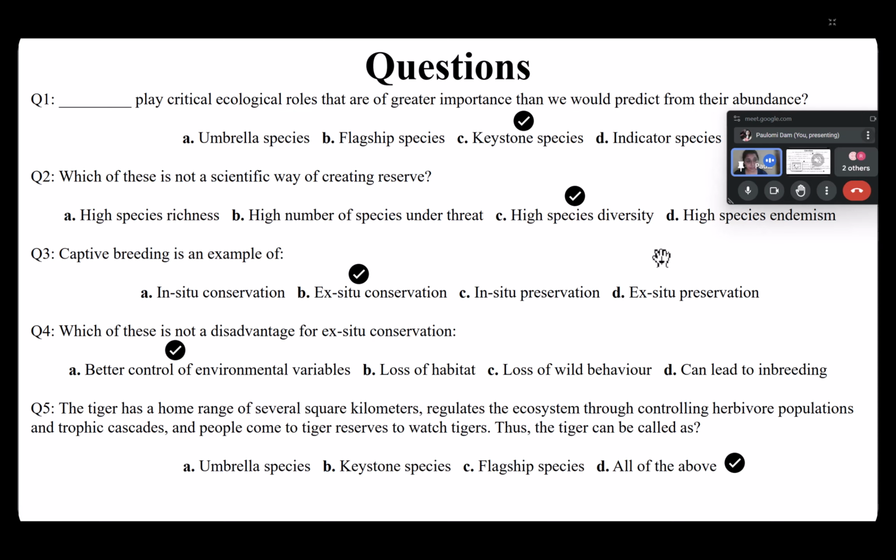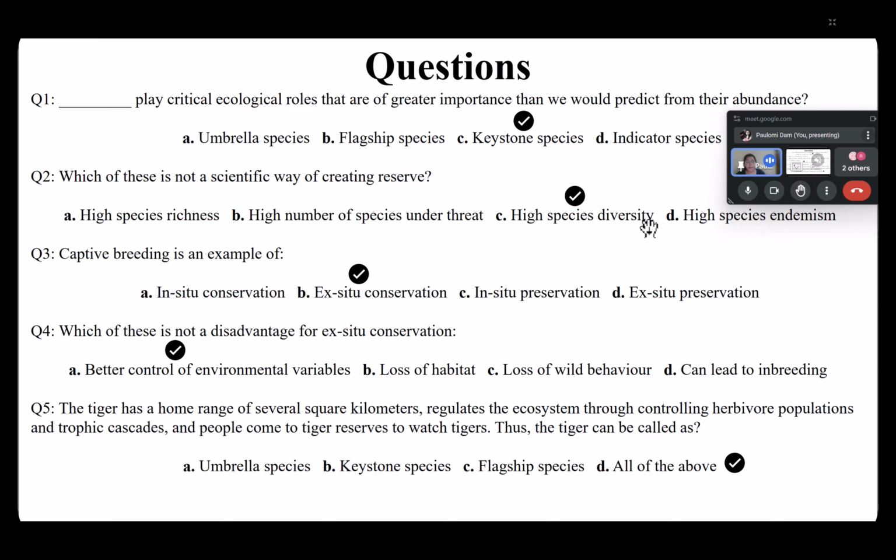Not the species diversity of that region, because you're not looking at the region but you're also looking at the other features of the species. So species richness is a better indicator than just species diversity. And then you said captive breeding, it's actually ex situ first of all, so you're taking it out of the region. So ex situ conservation.